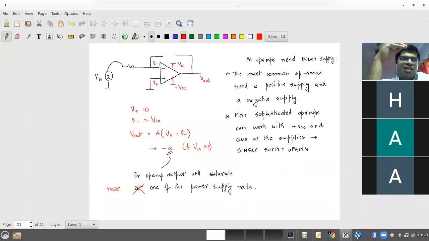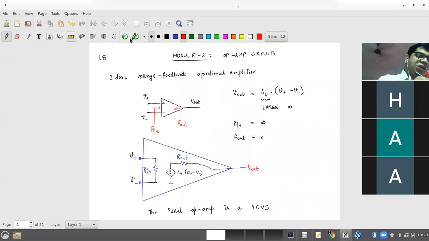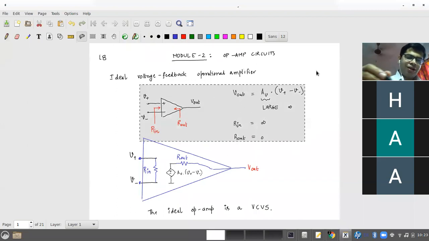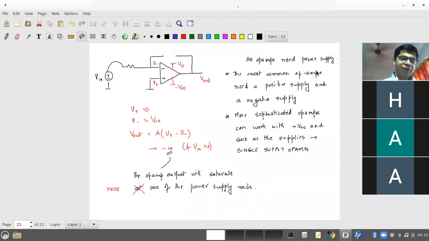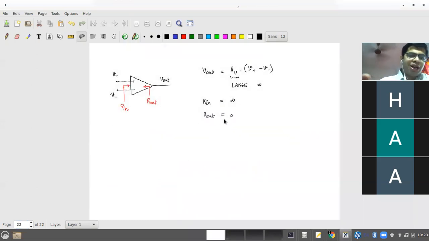More sophisticated op amp designs allow you to go all the way close to the power supply. Those op amps are called rail-to-rail op amps. Those are all details. Okay, but the important thing is that the output of the op amp will saturate. So if I were to modify the characteristics of this op amp for a more realistic case, then what I should do is to say that, okay, this is all right, but I need to have a caveat.